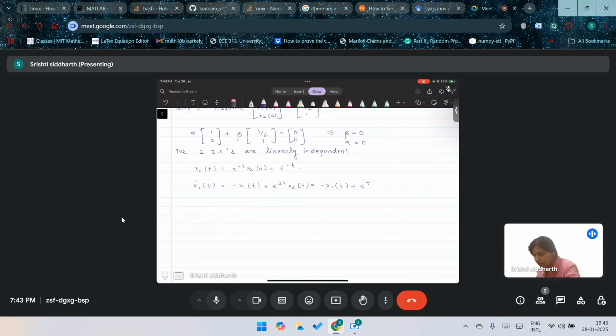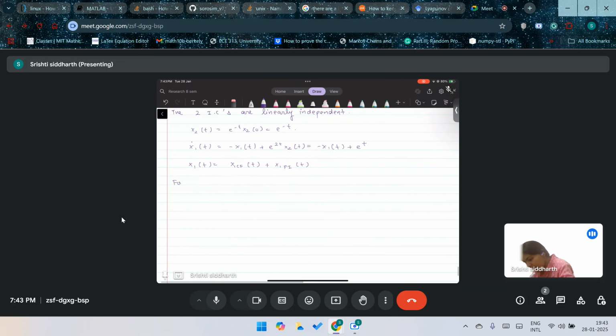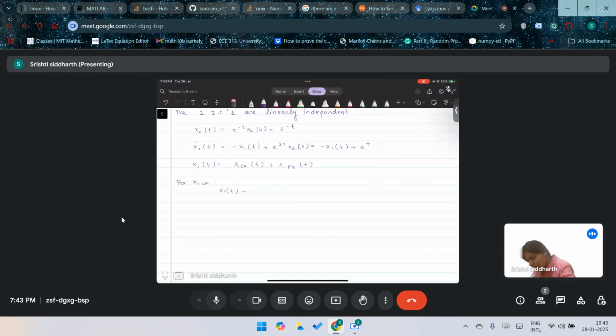So this one is, let's say, the complementary function, or the solution to the homogeneous case, plus the solution to the output. So I'm going to write this as the solution to the particular integral. Alright. So for x1 CF, we simply have x1 dot equals minus x1 of t, which implies that x1 of t is,